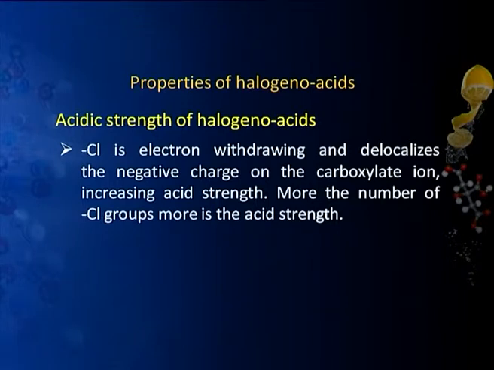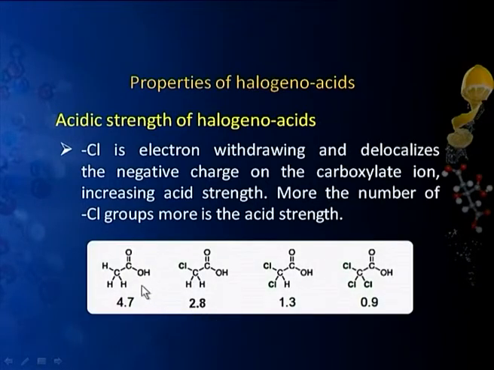Let us take the example with chlorine here. When one of the hydrogens in acetic acid is substituted by chlorine, its pKa is reduced to 2.8, whereas the pKa of acetic acid is 4.7. That shows that chloroacetic acid is a much stronger acid than acetic acid. Then if one more hydrogen is substituted, the pKa value becomes 1.3, and if all 3 hydrogen atoms are substituted by 3 chlorine atoms, the pKa is 0.9. So, this shows that increasing the number of halogens increases the